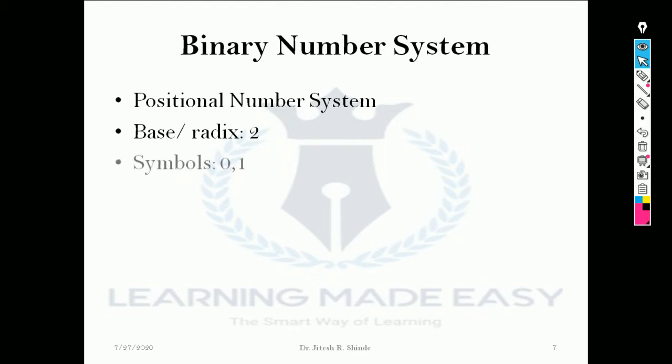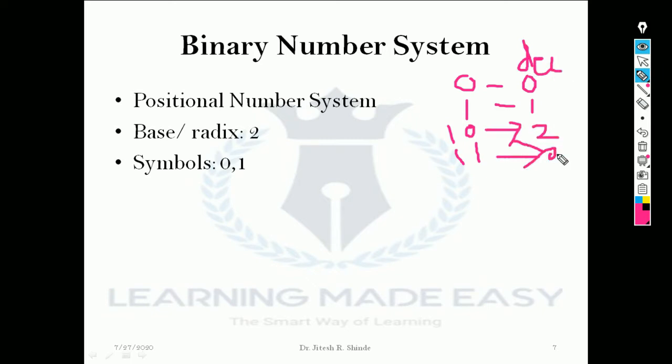Here, if I want to write the numbers like in decimal, so 0, 1. What will come after 0 and 1? The number will be 1, 0, 1, 1. In decimal, this is equivalent to 0, this is equivalent to 1, this 1, 0 is equivalent to 2, this is 3. After 3, what comes in decimal? 4. So here I can write this as 1, 0, 0. In this way we can find the numbers in the binary number system.